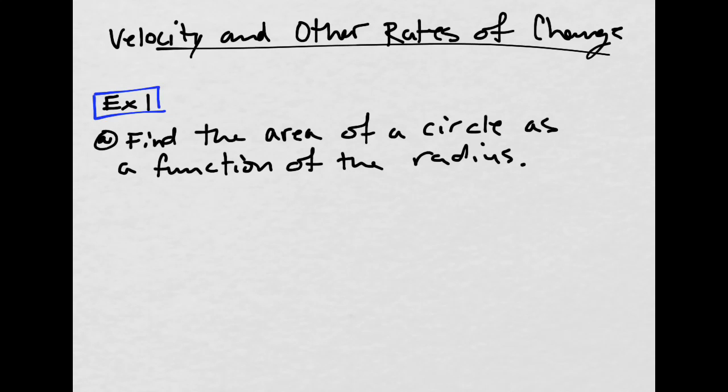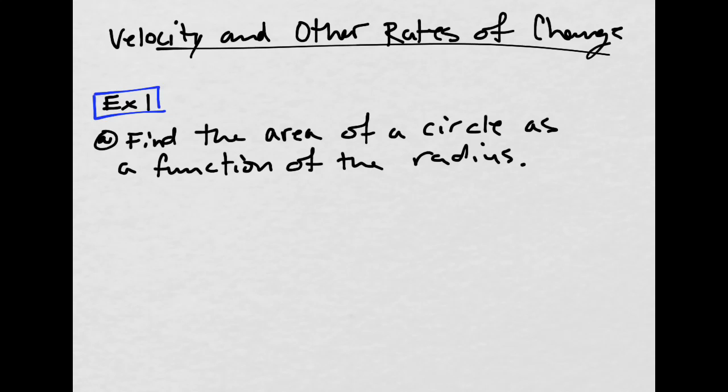So we're going to look at velocity and other rates of change. This might remind you of the free response questions about related rates. This is a very important and maybe difficult subject. So we talk about this a long time, huh? Maybe. So let's see. The first thing is, it says find the area of a circle as a function of